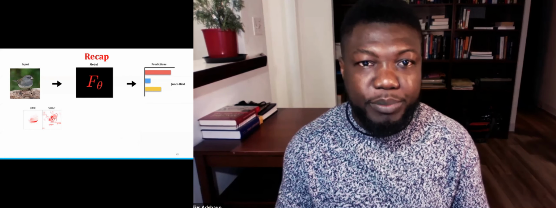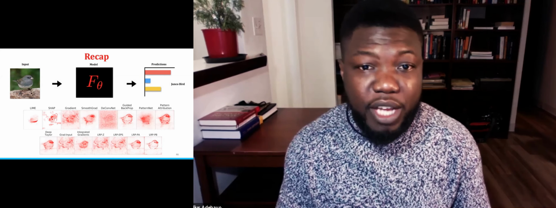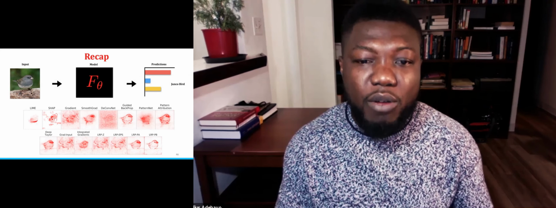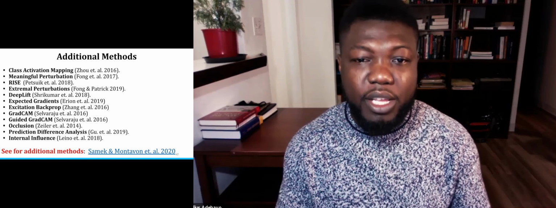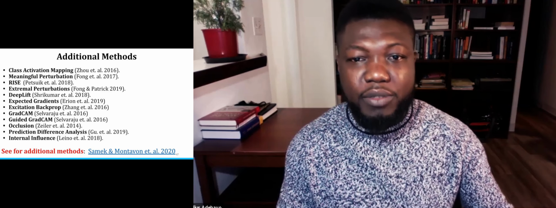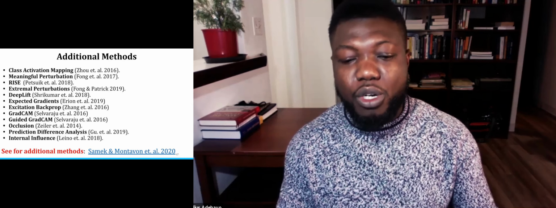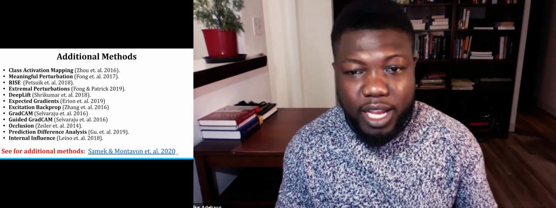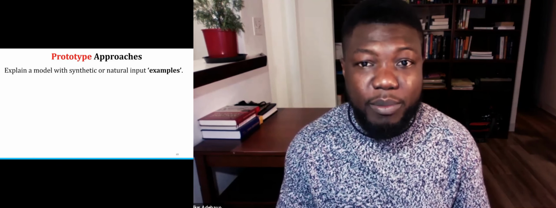So to give you a quick recap of what we've just gone over, we've looked at LIME and SHAP. We've also looked at a variety of different saliency approaches. While we've looked at these different approaches, these are not the only saliency methods in practice. These are just a fraction of the vast amount of methods that currently exist for computing feature attributions and saliency maps. And so we'll refer you to the overview work of Samek and Montavon from 2020 that gives a nice overview of several of these additional methods. So let's move to a discussion of prototype methods now.